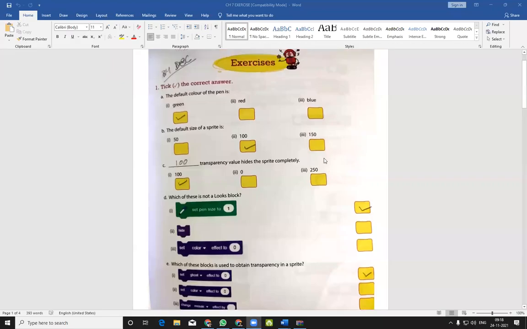So students, today we are going to solve our chapter 7 exercise. And the first question is tick the correct answer. It means there are some options given here. We have to choose the correct one and tick in the box given below. The first one is the default color of a pen is